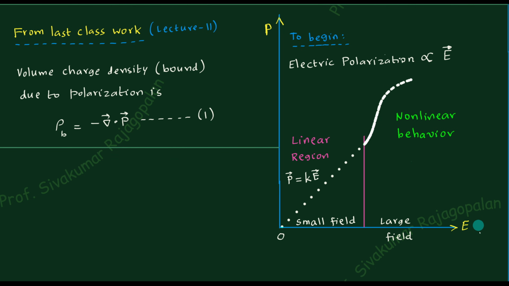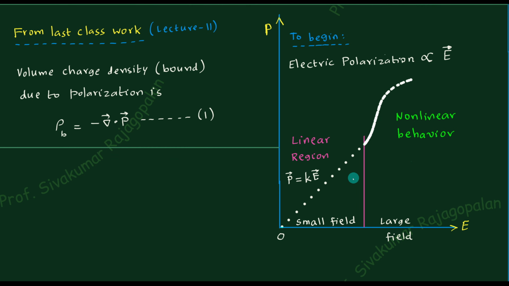So this is an independent variable you are applying, and the quantity under measurement is the polarization, which is nothing but the total dipole moment divided by total volume. That is how you calculate this. If you perform an experiment, typically for a large class of materials, you get this kind of graph, where you can easily divide the graph. You start from here, go like this, then deviate from the straight line behavior, and then saturate after some higher electric field.